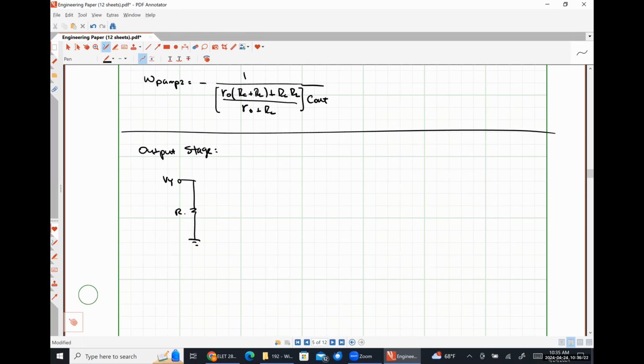We have a resistance RC, and then our other path, we have 1 over SC out in series with RL, and our output voltage is the voltage drop across that resistance RL. Literally the exact same thing as we